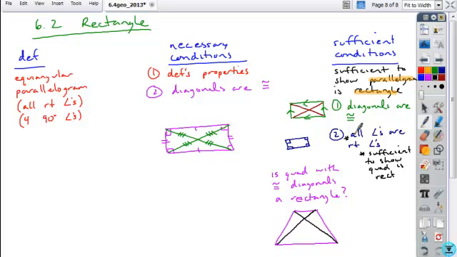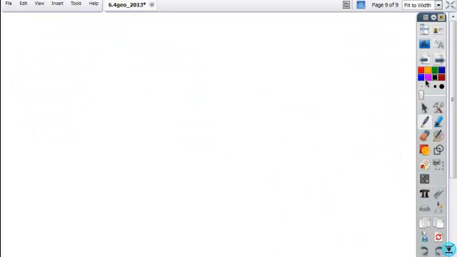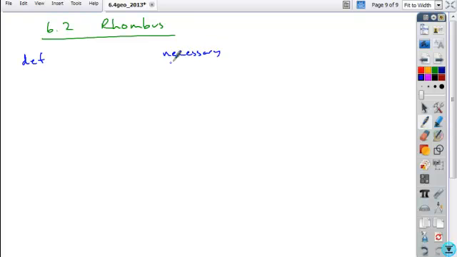All right, the last type of figure, or questions on that. Okay, the last type of figure that I wanted to specifically go through is a rhombus. And again, if you're looking at the definition, necessary conditions,